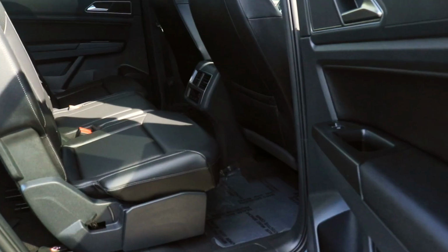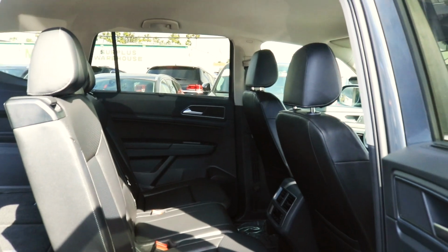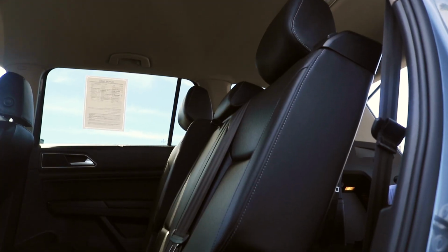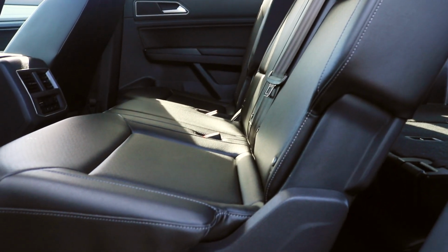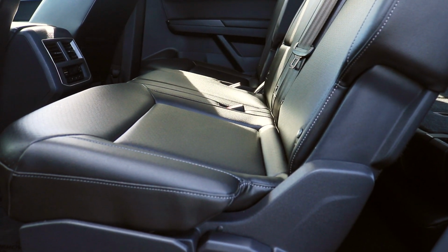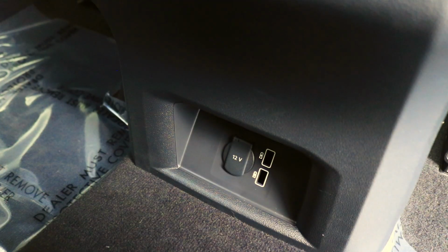Eventually, I found the second row of seats to be a little stiff at first, kind of like the benches of your old school bus, but once properly reclined, they can get quite comfortable, provided the folks in the back don't need the extra leg room. Recline away. The middle row also includes its own climate control, plus a 12-volt socket and 2 more USB ports